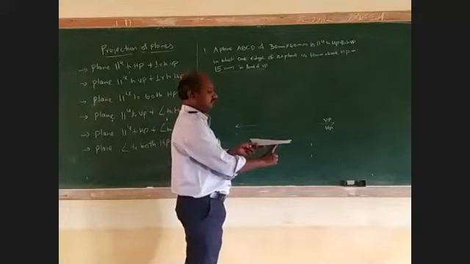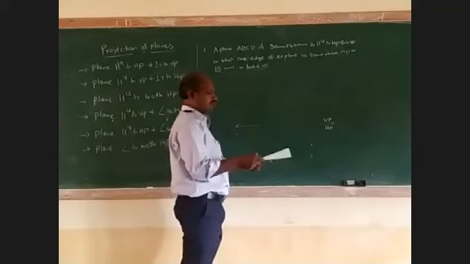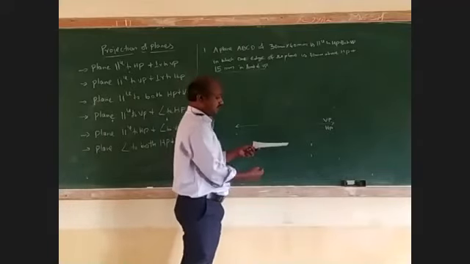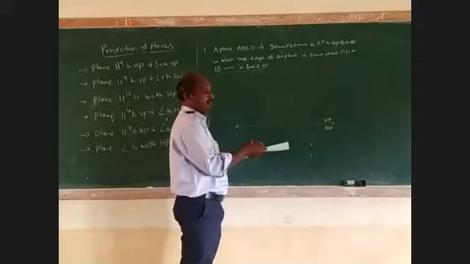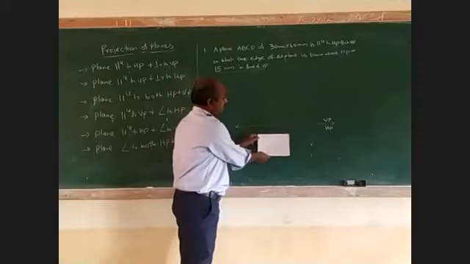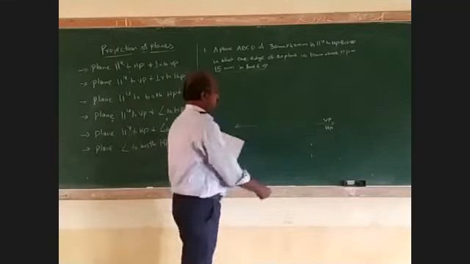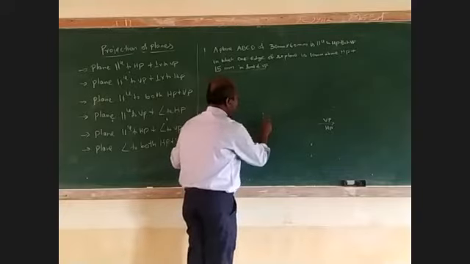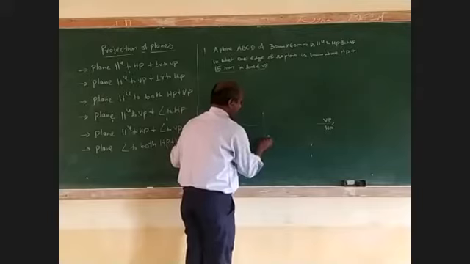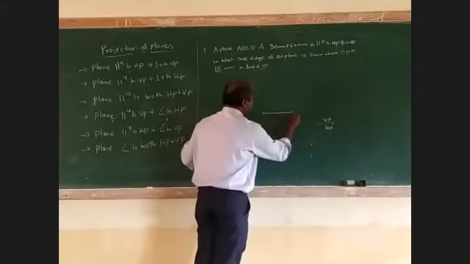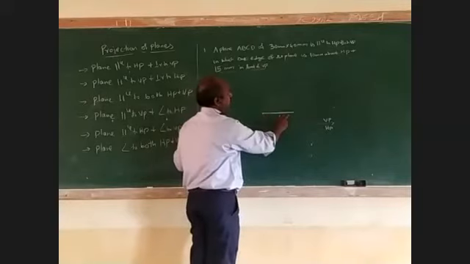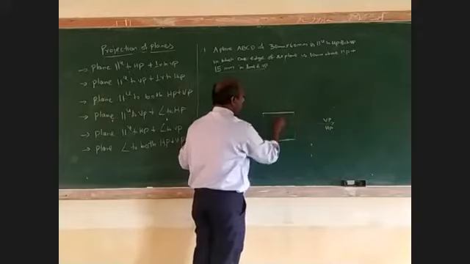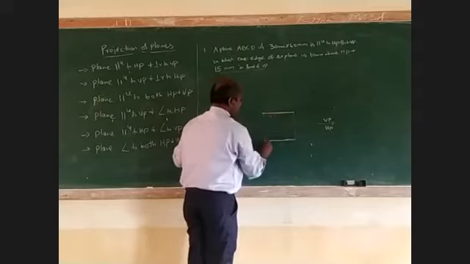Here you take any one edge. What is the condition for this edge? 10 mm above HP, this is the horizontal plane, and 15 mm in front of VP. That's why you have to put a point 10 mm above HP and 15 mm in front of VP. Any one edge, whether you take it as a longer edge or shorter edge. If they say it is a longer edge, you can put it as a longer edge. Okay, this is the point.